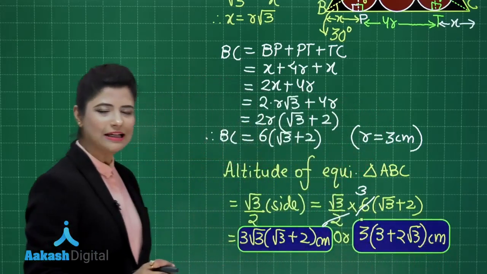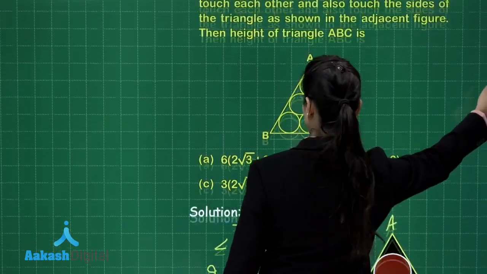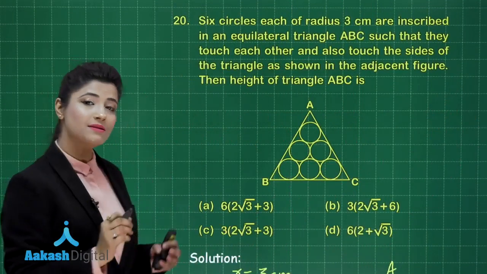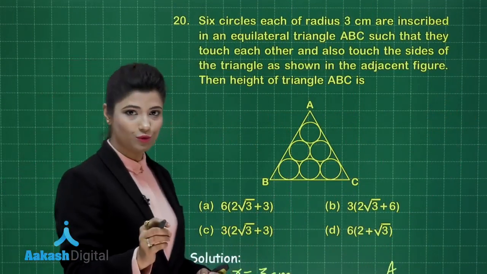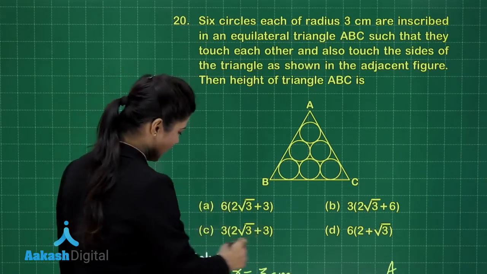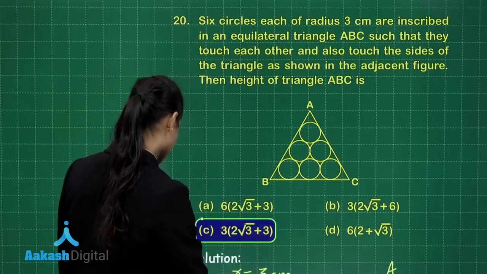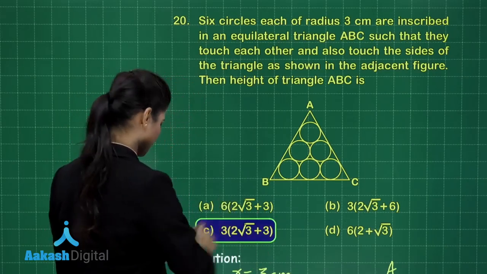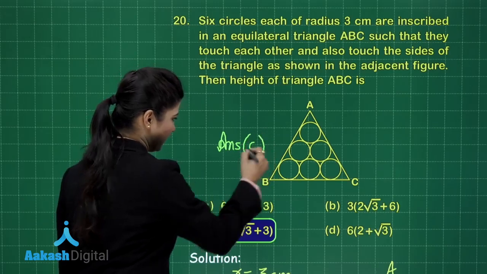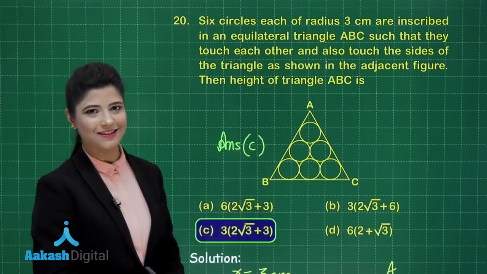Now let's just quickly check out the options, which of the option will be correct. So out of these options now, where you can find the suitable answer? Our answer is 3 into 3 plus 2 root 3, or 3 root 3 into root 3 plus 2. So here I can clearly figure out the correct answer here in option C. So we get the right answer for this question in option C. You can very well mark your answer. That is, option C is correct for this question. I hope it is totally clear to you.